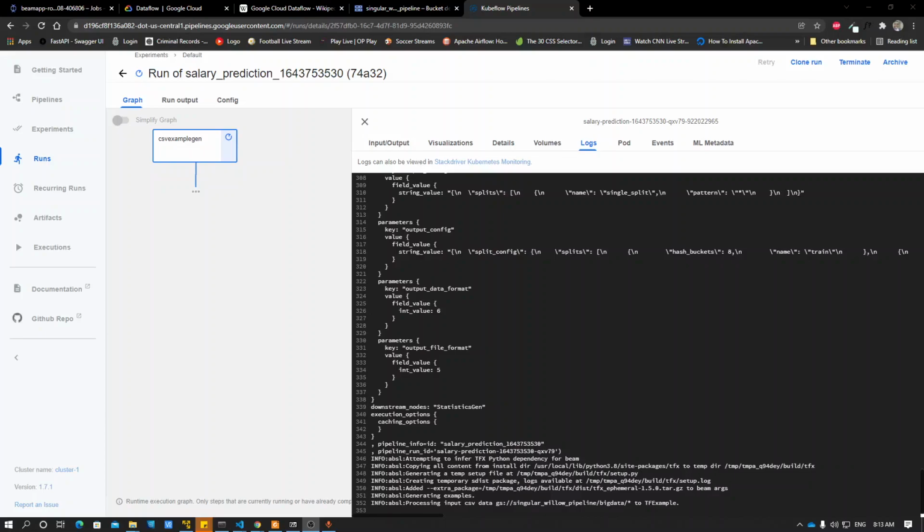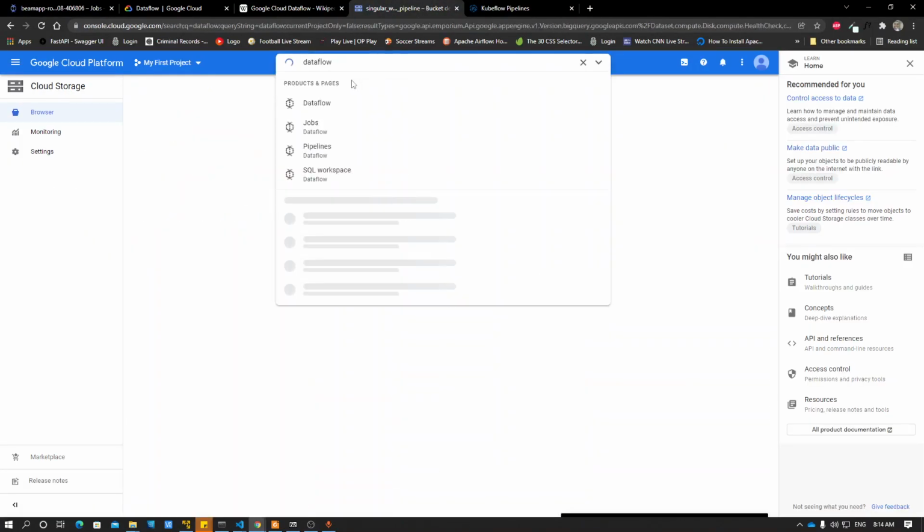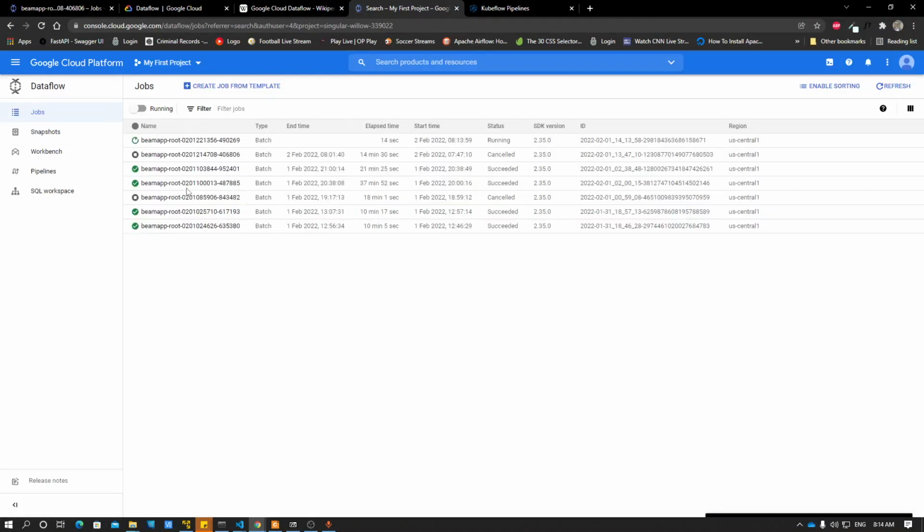One more thing I think I didn't talk about is with regards to Dataflow. So let me go back to Dataflow. This is the Dataflow page. If you haven't used Dataflow before, the first thing you have to do is enable the API. You have that button over there that will tell you to enable the API before you can use it, right? Another thing, as you can see, TFX has outsourced our job to Dataflow.